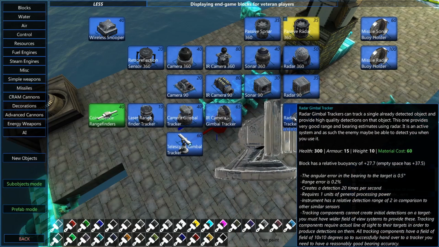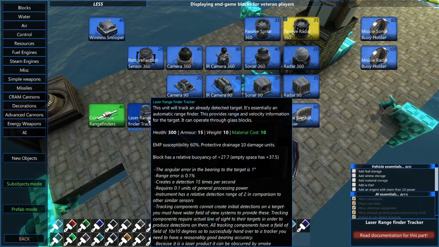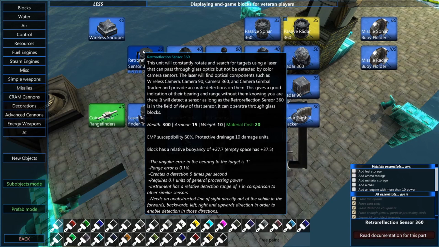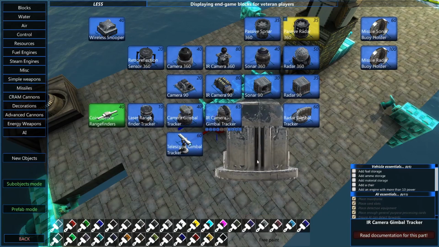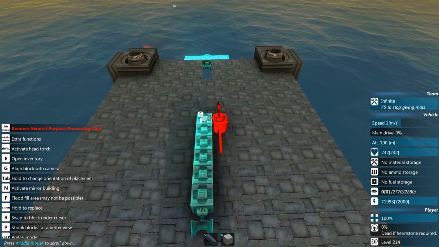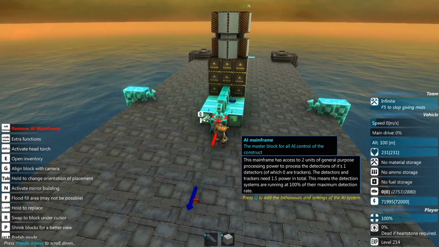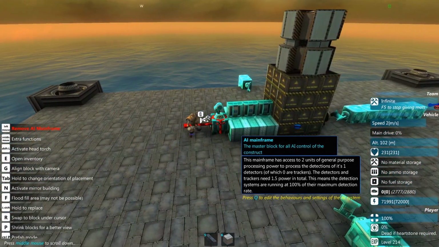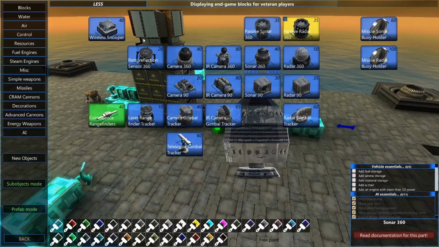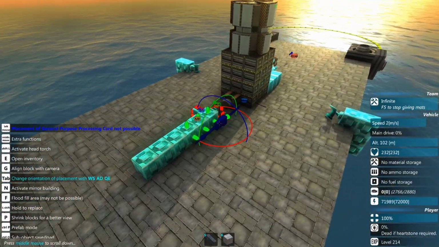And let's say I add a radar gimbal tracker for another 1 unit, and a laser rangefinder tracker for 0.1 units, and a retro reflection sensor for another 0.1 unit. So I've got 3.2 units of general processing power required. That's not very much, and I can get away with that because the mainframe itself actually has some processing power built in. So if I take a look at this, it is providing 2 units of general purpose processing power, and I need 3.2. Therefore, I can get away with adding exactly 2 of these general purpose processing cards,